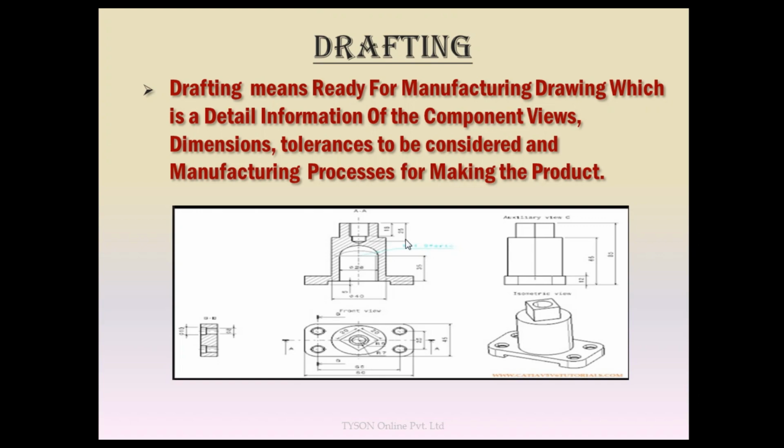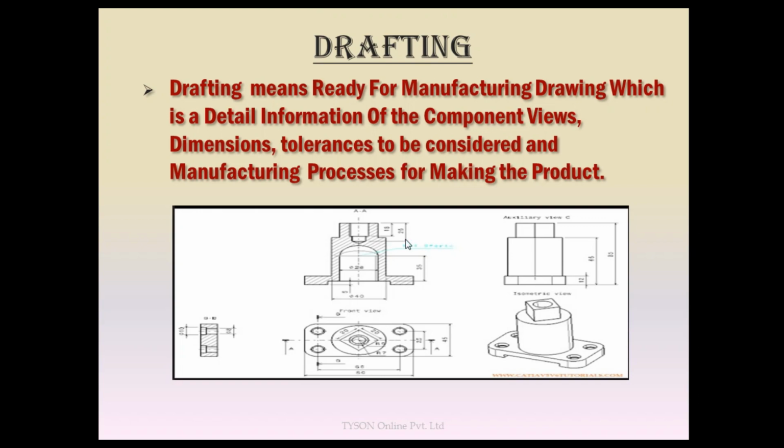So views with dimensions are created, required tolerances are added to important dimensions, and manufacturing processes are also specified on the sheets or on the product. The drawing in the form of blueprints is created, or the drawing is created on sheets. The size of the sheet should be according to the designation available in the market, as the sheets are of standard sizes. For example, designations are A0, A1, A2, A3 and A4. These are the standards available in the market, and the sizes are fixed.